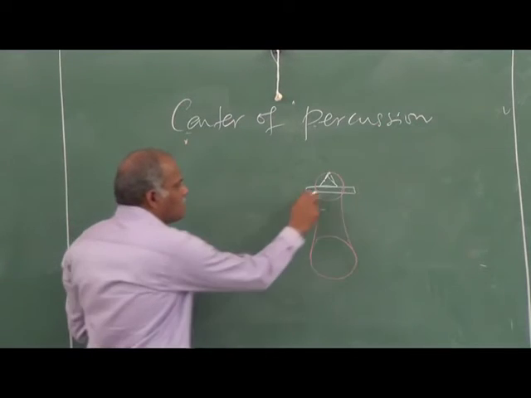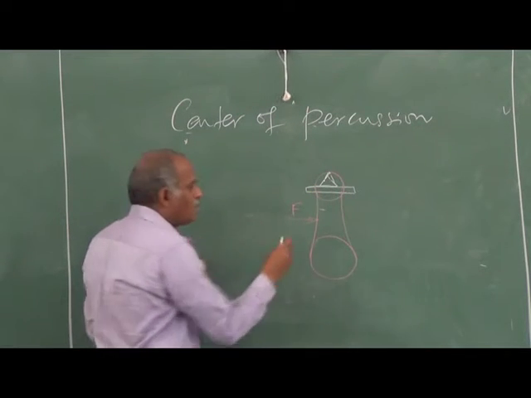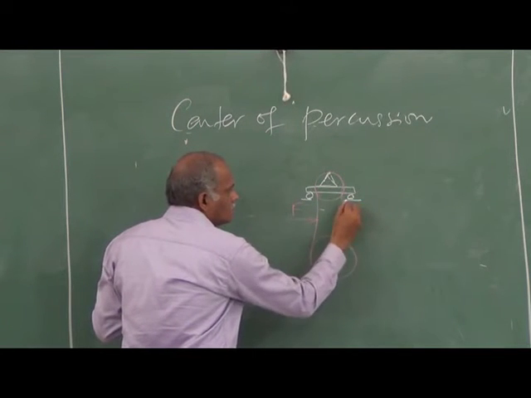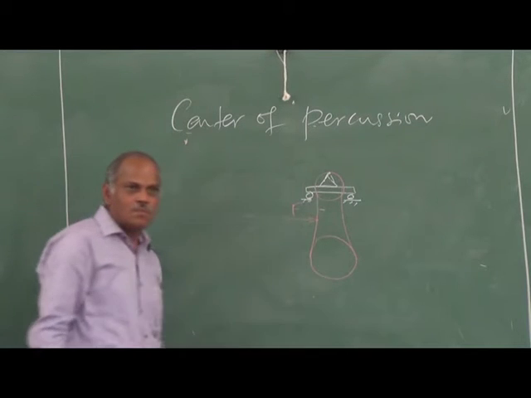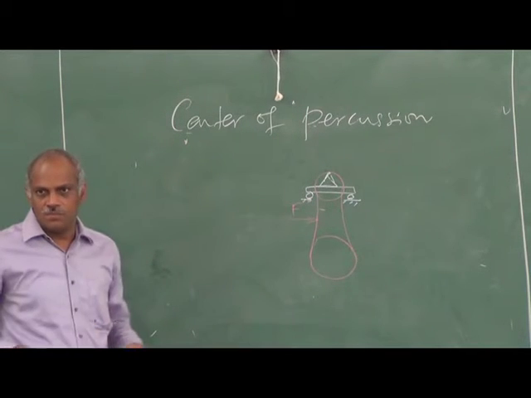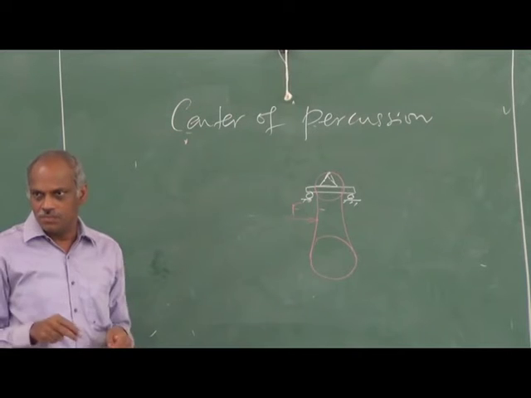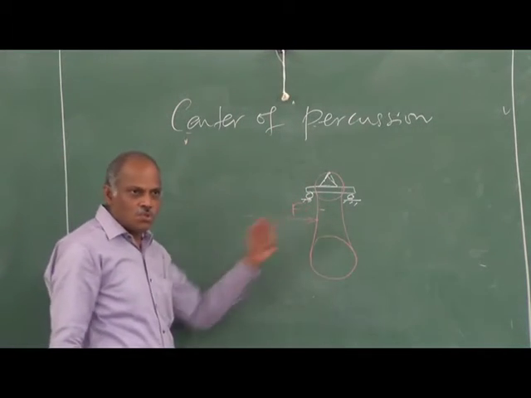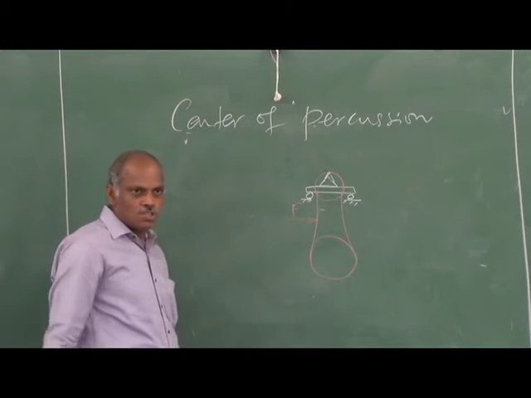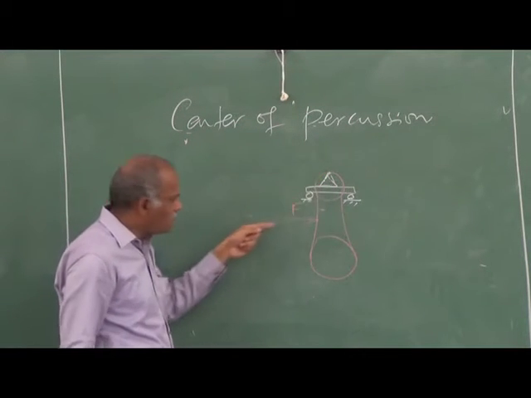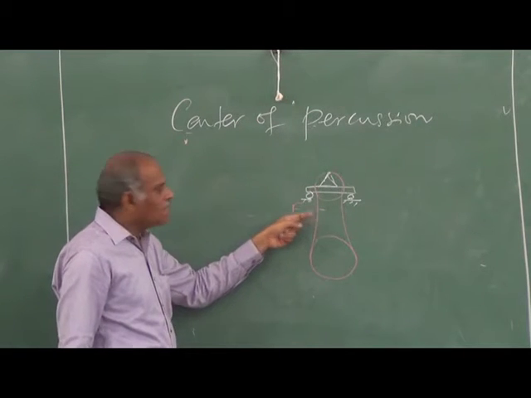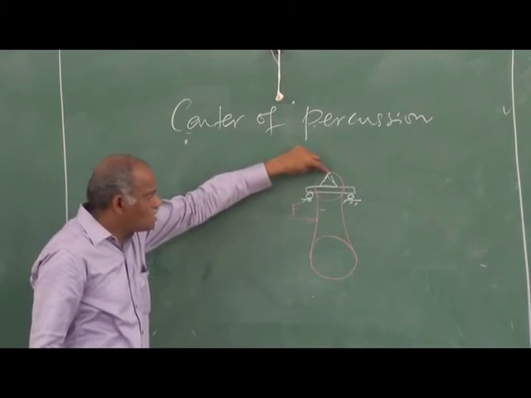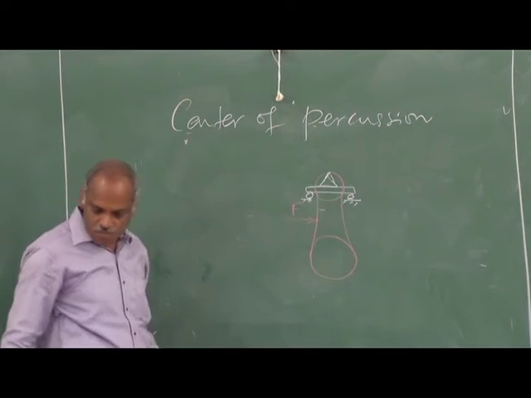Or I will say that instead of this being fixed in a particular place, I have a small roller or a bearing on which this is fixed. This knife edge is, for example, not fixed. It is kept on a roller, so it is free to move. If you think of such a situation, if you apply a force, this is your center of oscillation, that is fixed. If you apply a force here, if there is a reaction, the whole thing will move, because you have a reaction applied to the support, whole thing will move.